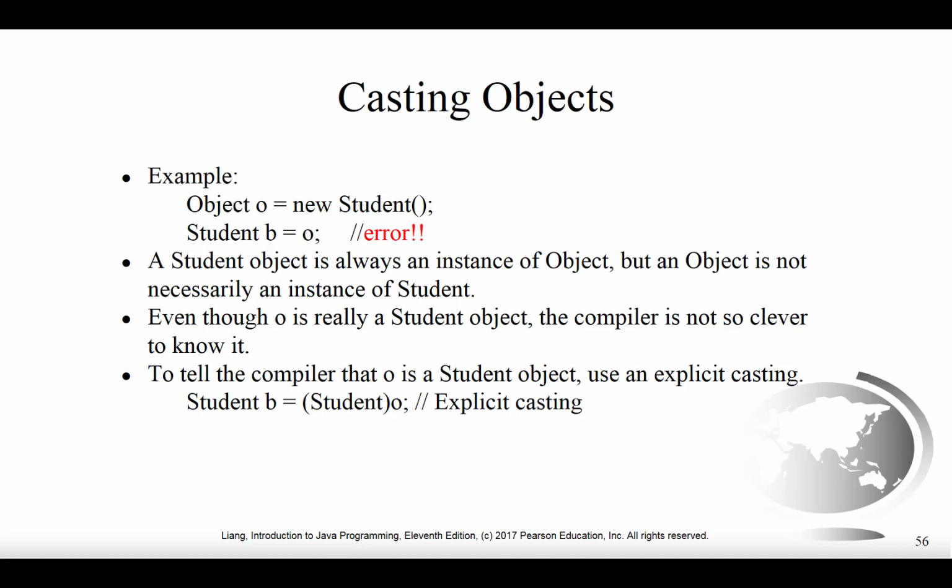But the compiler is not quite clever enough to figure out what you're trying to do here. It's going to look at this and say, well, wait a second, O has been declared to be an object. I can't set a student equal to an object. Although it's perfectly true that all students are objects, not all objects are students. And that's why we can't assume that this line of code will work, because we're trying to set a student equal to an object. However, in this case, this particular object, O, happens to be a student,